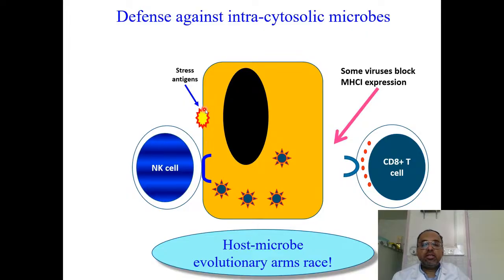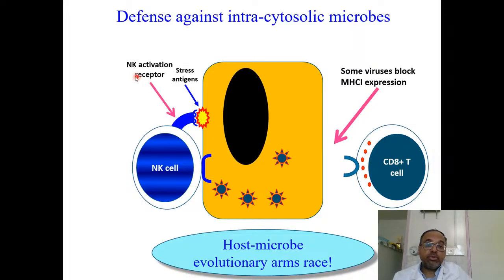Well, we have a group of antigens inside our cells. These are self-antigens. These belong to our cells. And these are called stress antigens. The stress antigens are usually inside the cell. But when a cell undergoes a stress, like a physical stress, a chemical stress, or microbial stress, these molecules move to the cell surface. And it shows that there is something wrong with the cell.